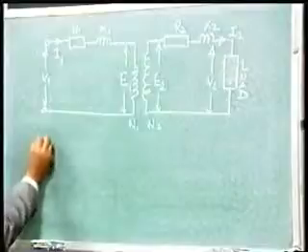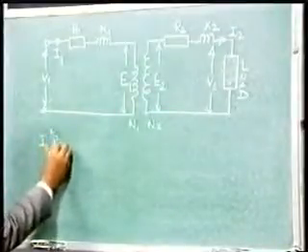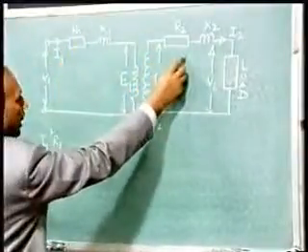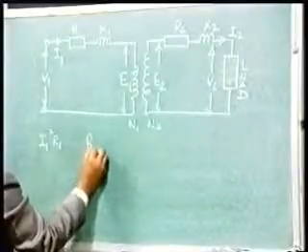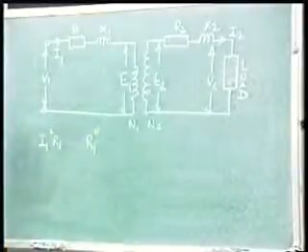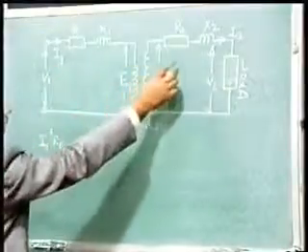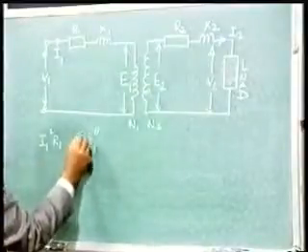Current is I1, so I1 square into R1 is the power loss. Now if this resistance is transferred to the secondary side, its value will be R1 double dash, say. Then what will be the power loss? Current in the secondary side is I2, so it will be I2 square